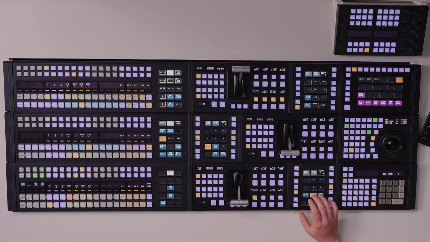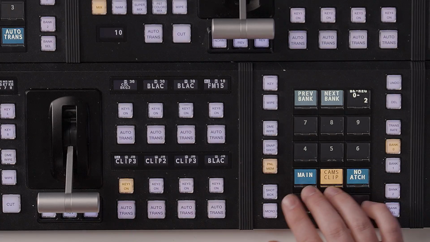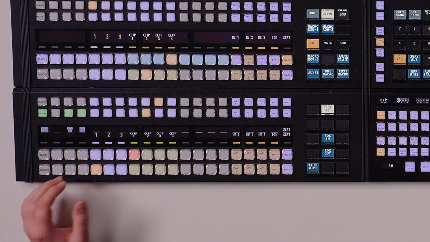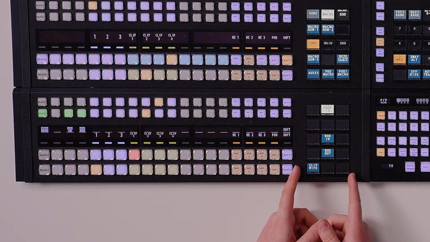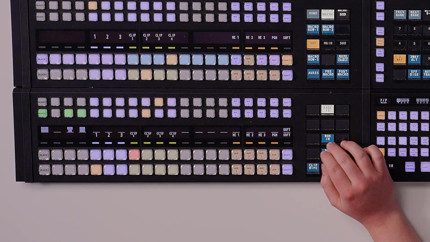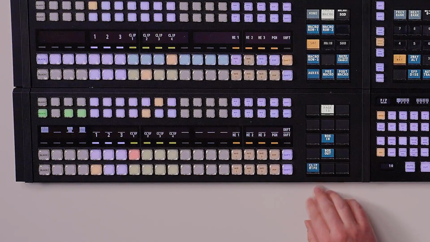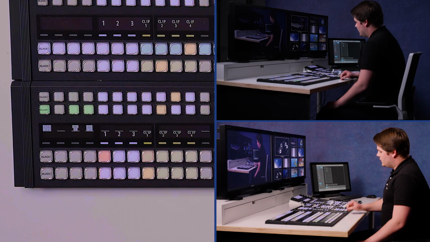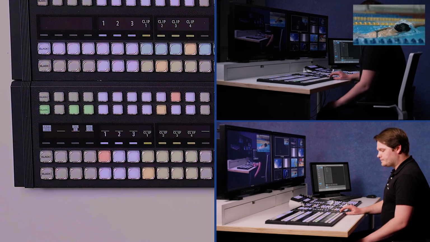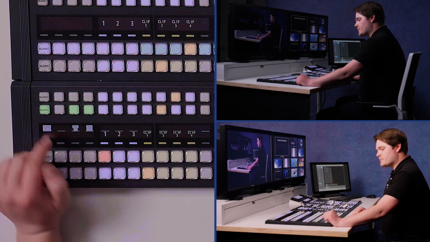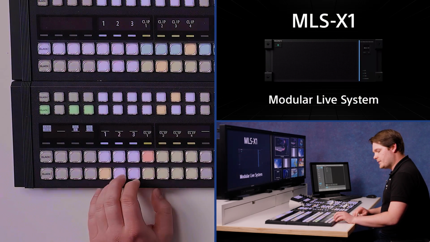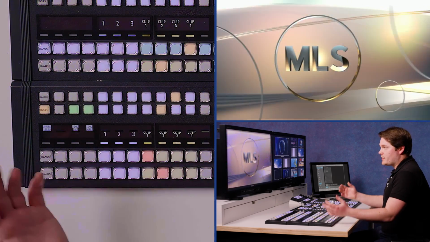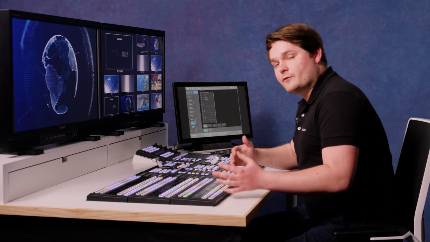So if I hit this panel memory, which I've called cameras and clips, it is essentially a simpler show with cameras and clips and just my MEs. It also jumps my crosspoint pad on program preview to a blank page with just a couple of macros that I might need for the program, such as a clip wipe or our box effect. And it also attaches them over to the left where they're near my hand if I'm switching a show, just like that. So this is how this particular operator would like to work,